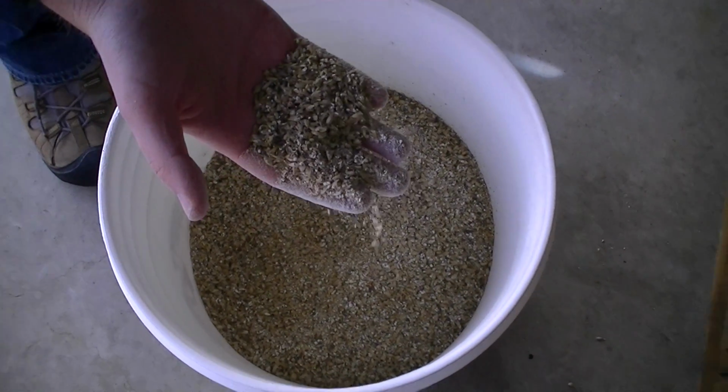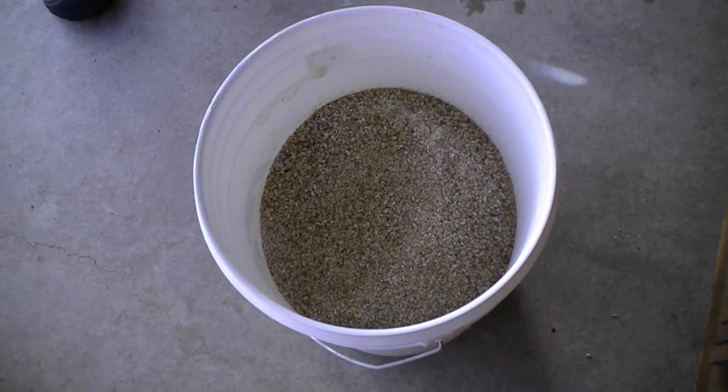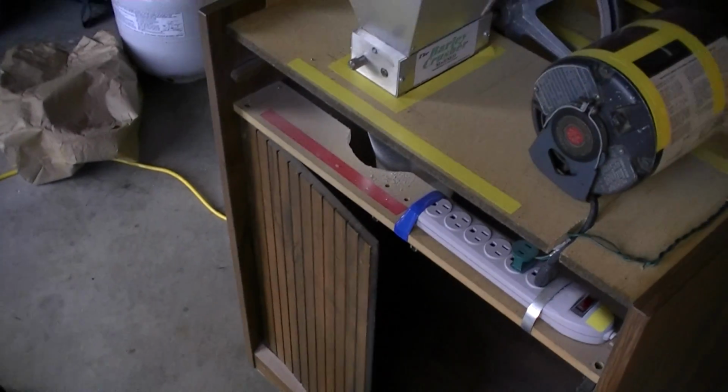Yeah, maybe I want to stick rice hulls in. I don't know. It looks a little finer than what I remembered, but I think we'll get a little better efficiency, hopefully, if it really is finer. So, mill beast. Awesome. Thumbs up from